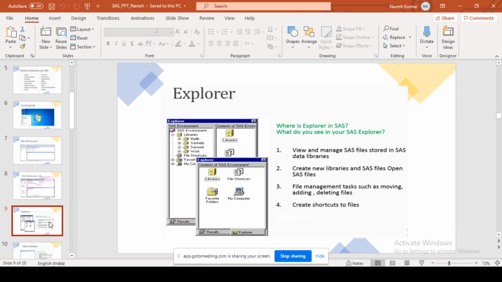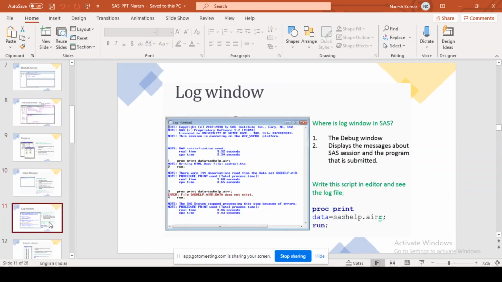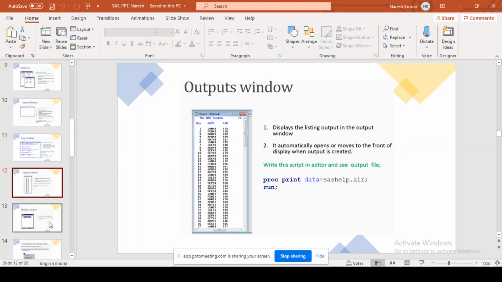This was the Editor window, where we used to write the code. Then there was the Log window, where we got the details, either the error details, the comments, or the notes, as we call them. And then the Output window, where we can see the output of the dataset that has been created.